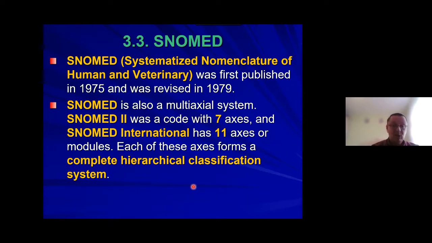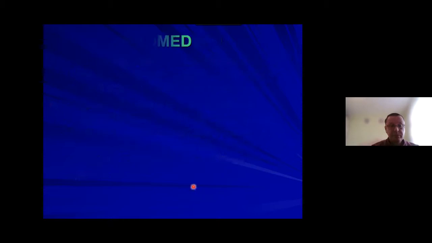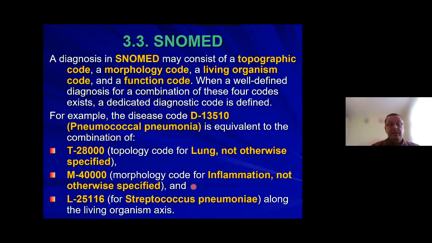So here is the power and weakness of nomenclature. A diagnosis in SNOMED consists of topographic codes, morphology, living organism codes, and functional codes, and a diagnosis is a combination of these 4 codes. The diagnosis code is then defined. So when we talk about pneumococcal pneumonia, it's equivalent to the combination of